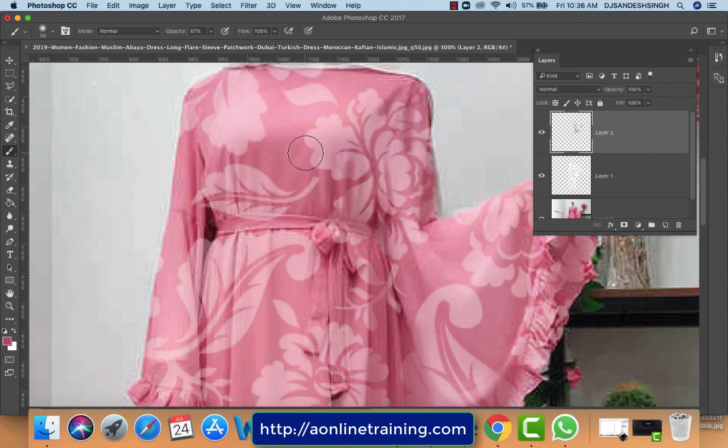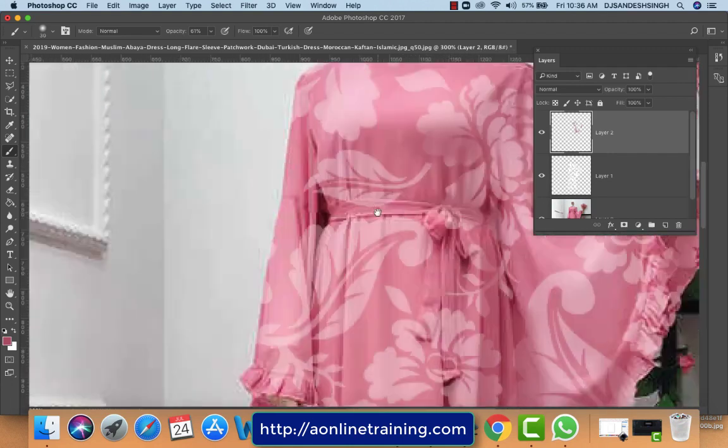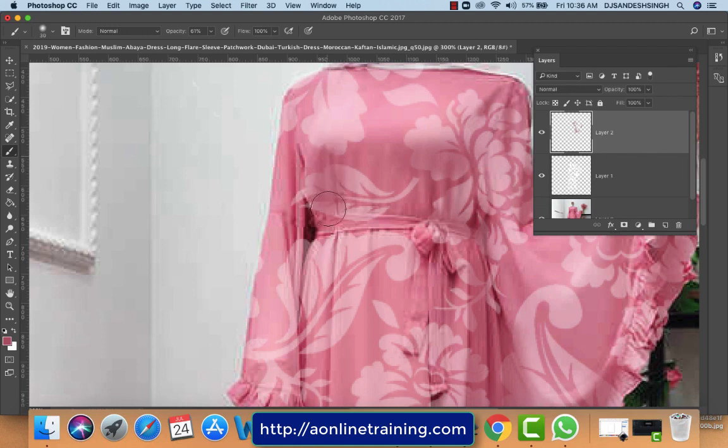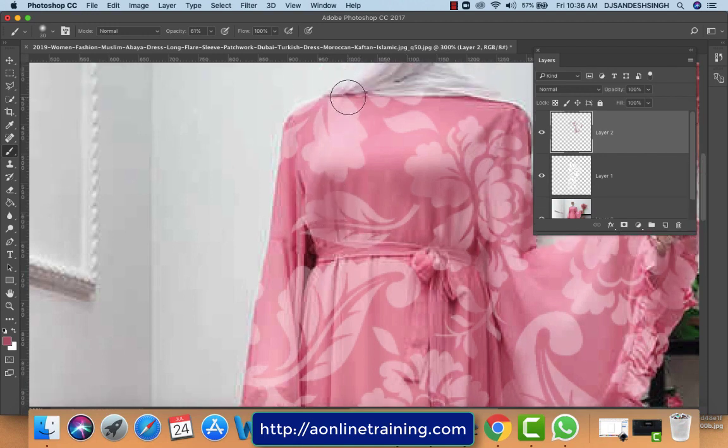That's why we need these shades. Very precisely, you have to drag very softly, and consider the depth of every fold so it looks like a textured fabric.